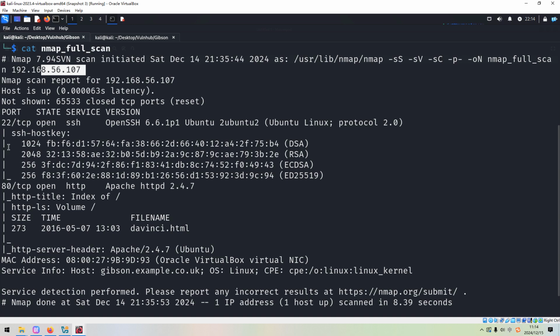From the Nmap scanning results, we can know that the target has two open port numbers. The first one is 22, which is running SSH service, and also the version information 6.6.1. This version is very outdated.